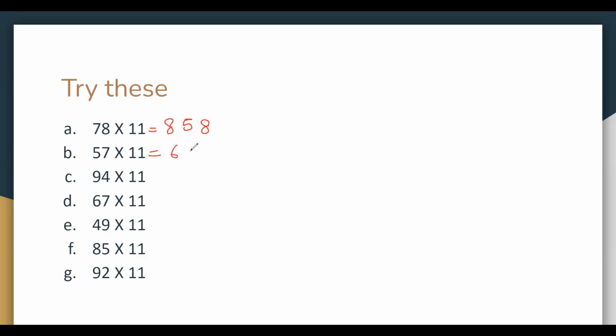So what do we get? 627. Again now, 94 times 11. So what is 9 plus 4? 9 plus 4 is 13. 9 plus 1 is 10. So we get